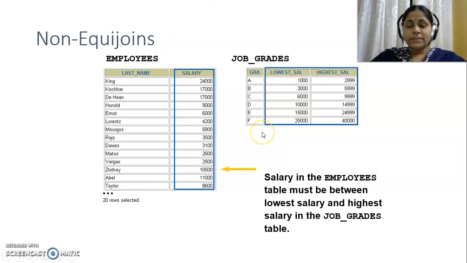So in this case, we can join these two tables by using the condition that salary in the employees table must be between the lowest salary and the highest salary in the job grades table. Here in the job grades table, we have the lowest salary and the highest salary attributes, and the salary in the employees table must be between the two attributes in the job grades table. This is how we specify a non-equi-join.